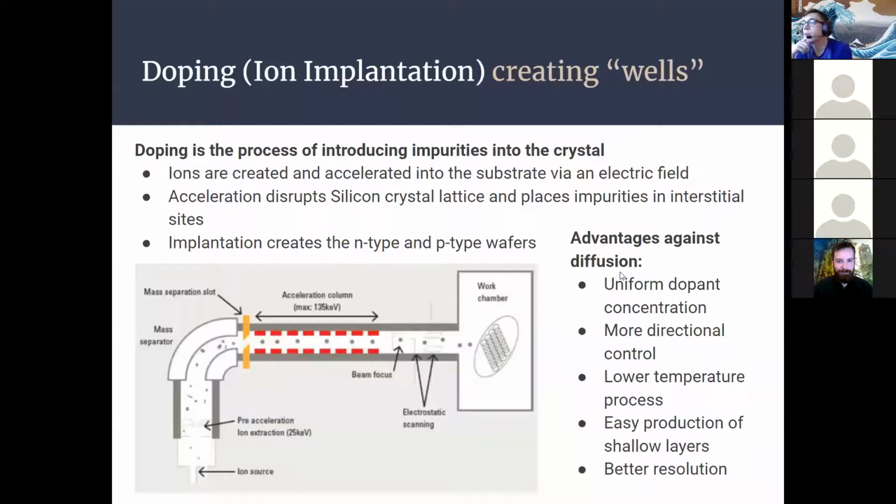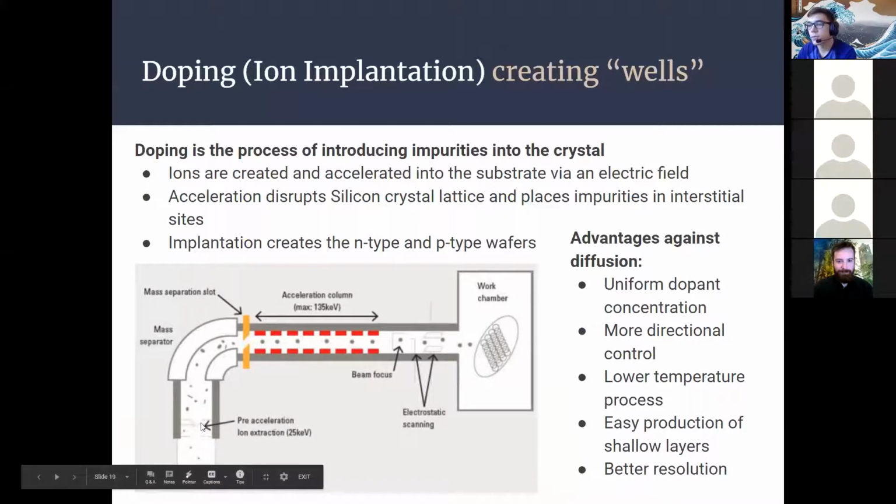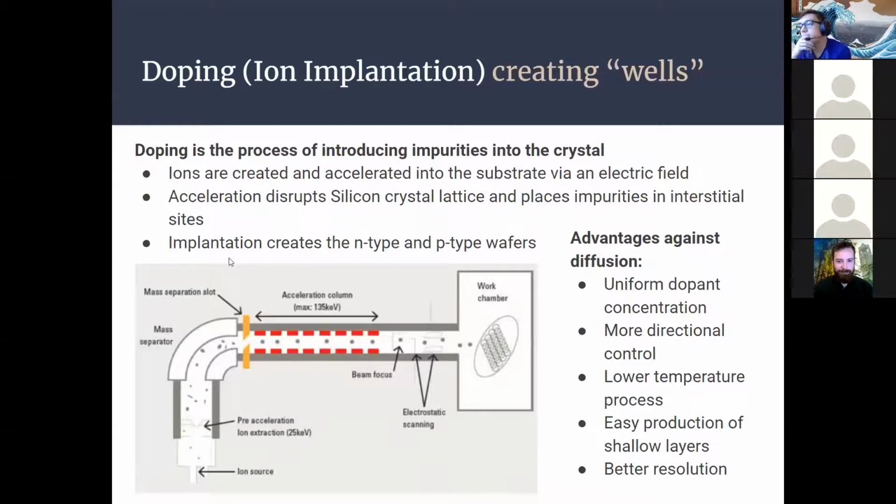And then we come to doping, which is ion implantation, where essentially you have an ion source, and it'll basically generate these ions, usually of phosphorus or boron. Because they're no longer neutral, they'll be accelerated by a magnetic field and actually just accelerated into the substrate,